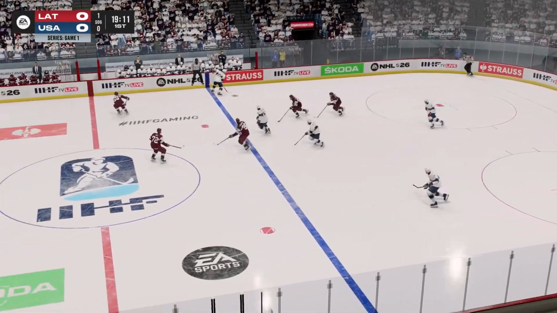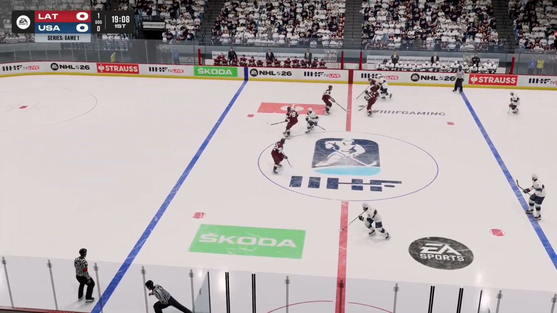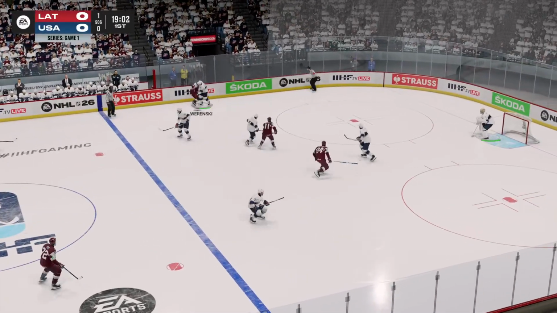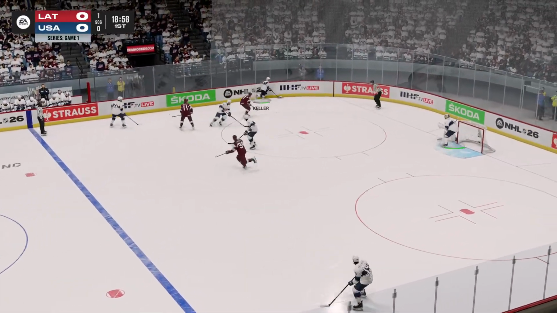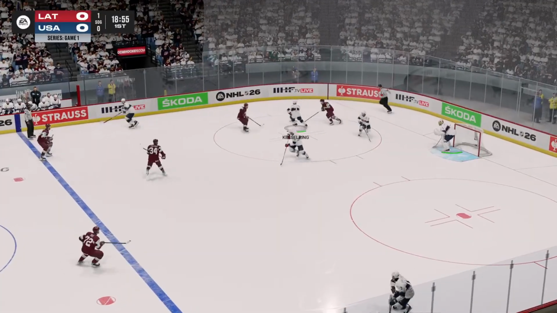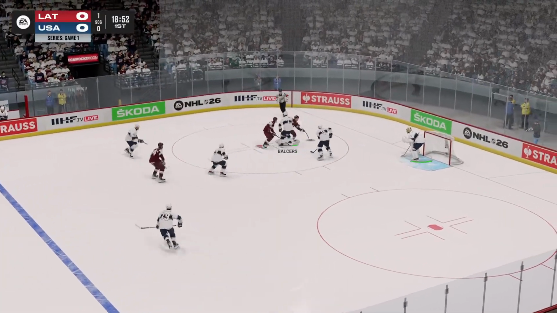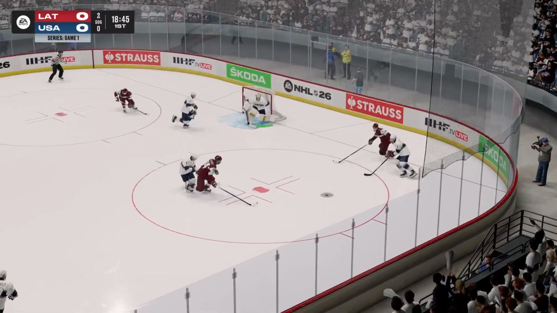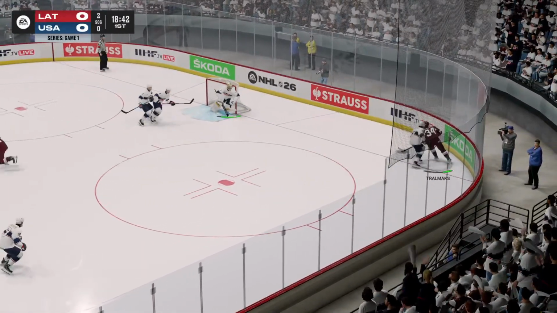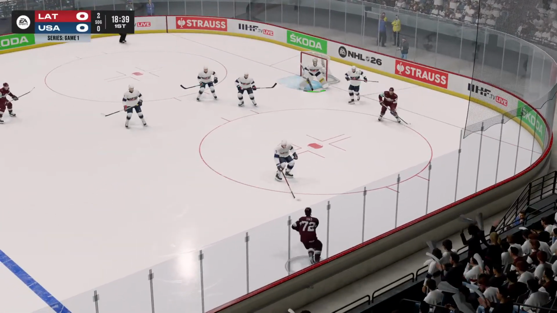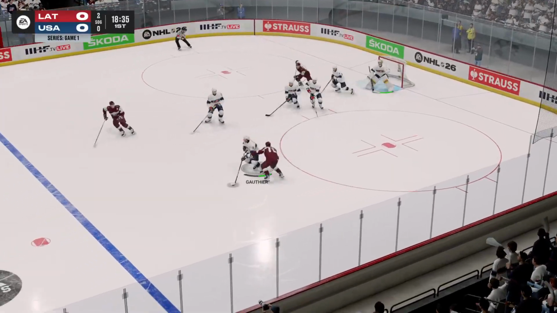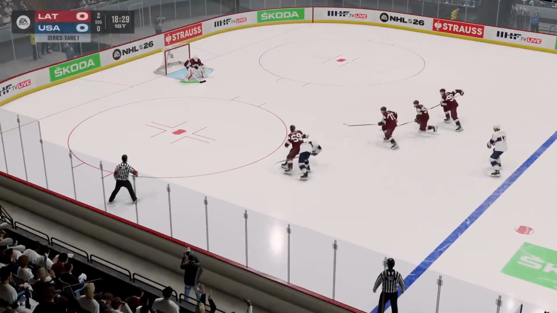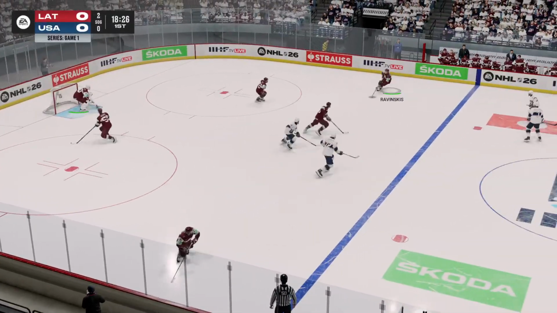Keller gets pestered on his way in, but the Americans will get it out. Just under a minute gone by. One shot on goal for Latvia as they turn back. Bolsters gets cut off by Werenski up top. Team USA has dominated the opposition as this one deflects up over the top of the net. 2 shots on goal now for Latvia. Krelmix back outside. Yaks trying to take it inside. Good cut off by Cutter Gauthier. And now here he comes as he dangles his way in, but loses it to Yaks.